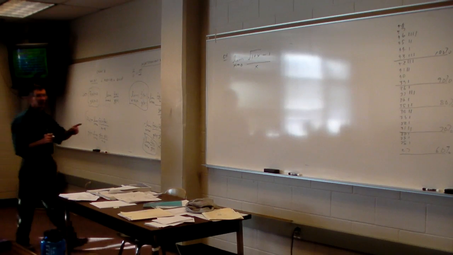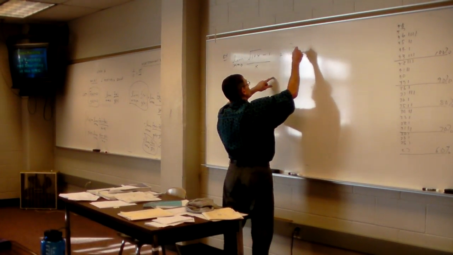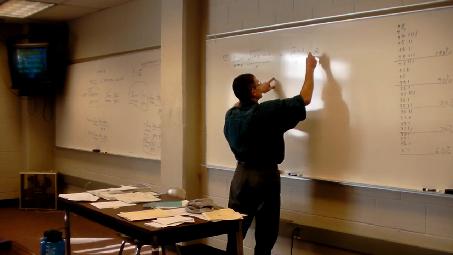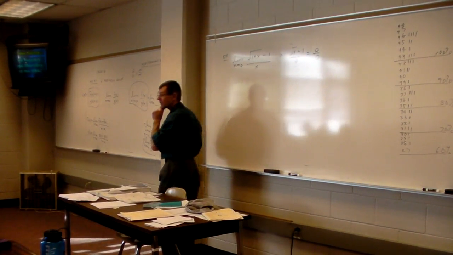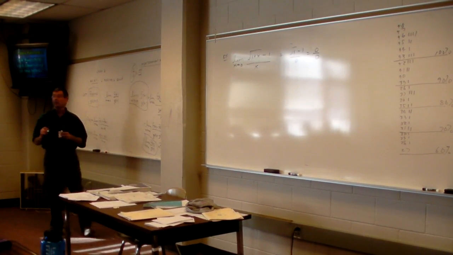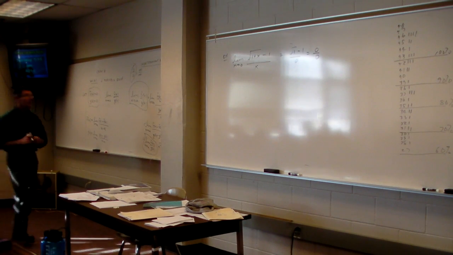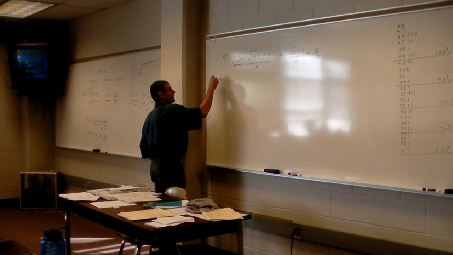Well, what happens if you plug a 0 in? You're going to get the square root of 1 minus 1 on top. You're going to get 0. You're going to get 0 over 0. If you get 0 over 0, it's an indeterminate form, which means you can use L'Hopital's rule to find the limit. So, L'Hopital's rule says,